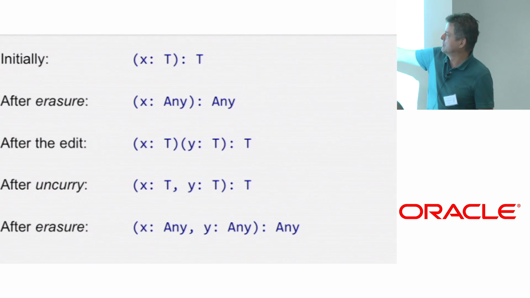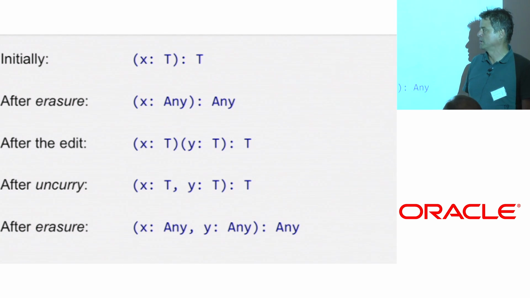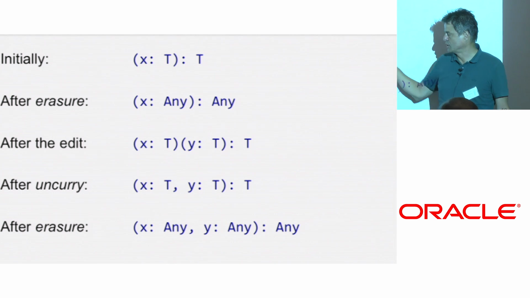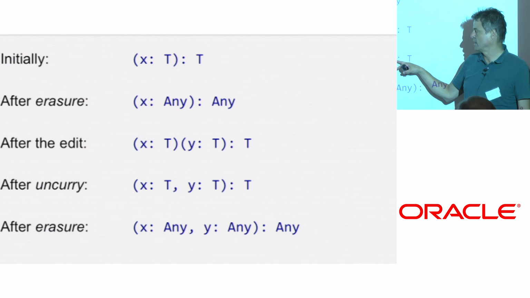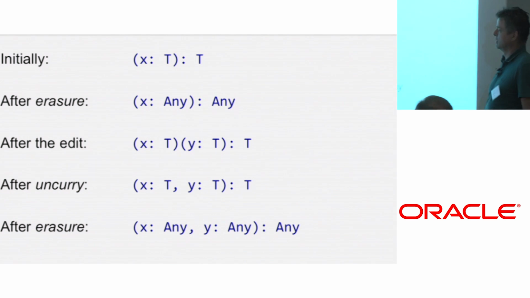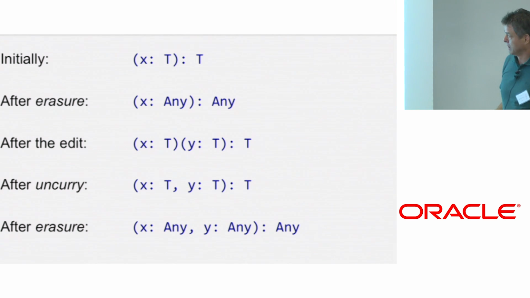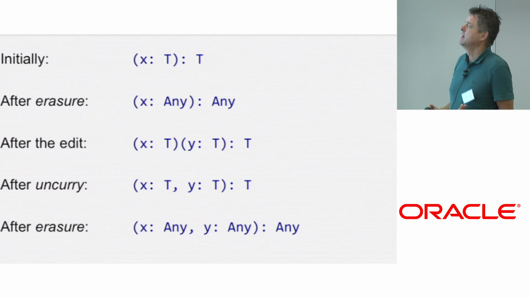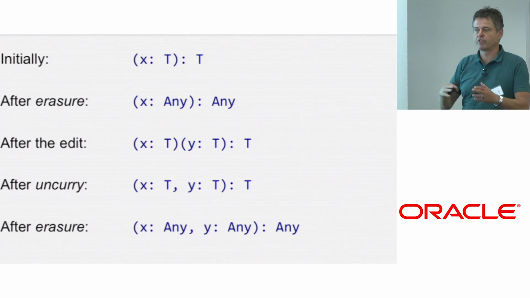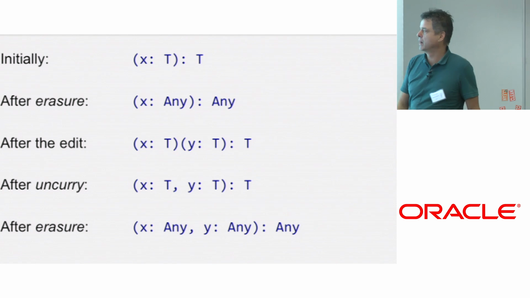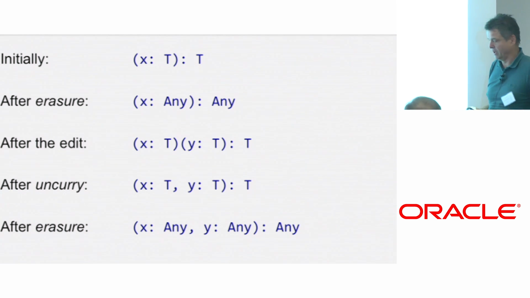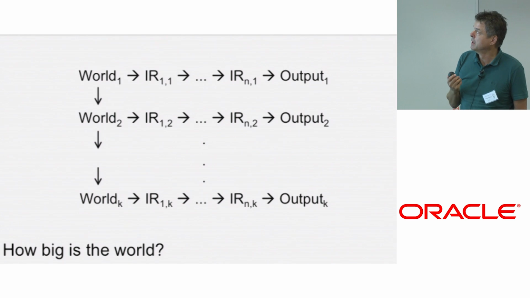After the edit, you have this curried function with two parameter lists. And there's a phase before erasure called uncurry that merges these parameter lists. So now you get one parameter list, and after erasure, you're back to this one here. So the same name, f, in class C, has many different types, and some of them change while the compiler is running, and the change from here to here was prompted by an edit of the user.